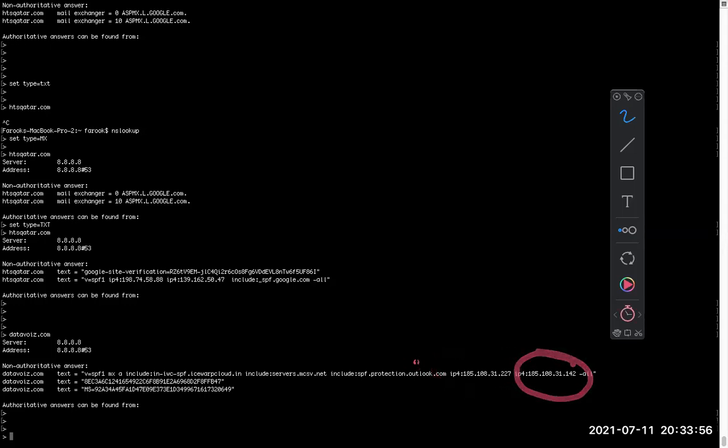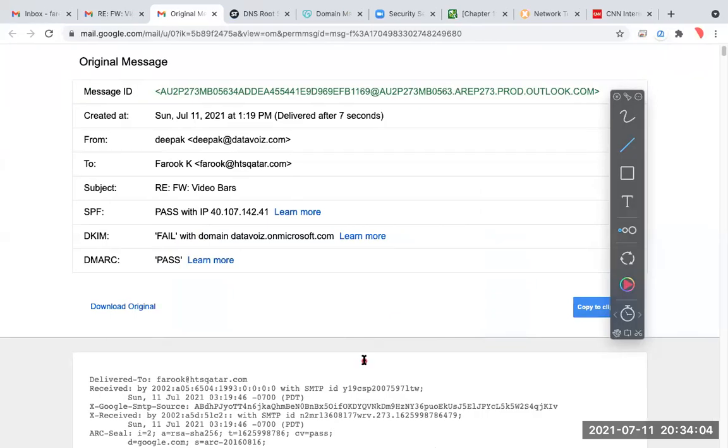So here you can see the SPF record they are supposed to send from. They are using Outlook, so they added the Outlook account. I don't know the IP, but any receiver like Google will check it. So when they are checking it, they will put pass. If they are putting pass, then only it will come to your inbox nowadays. Otherwise, it will go to your spam mail.